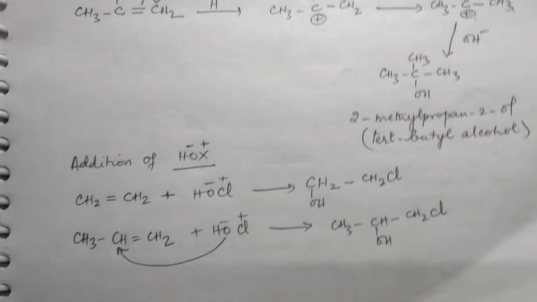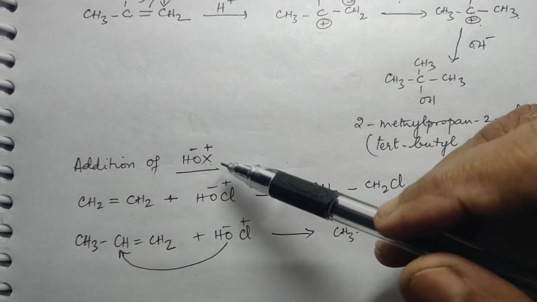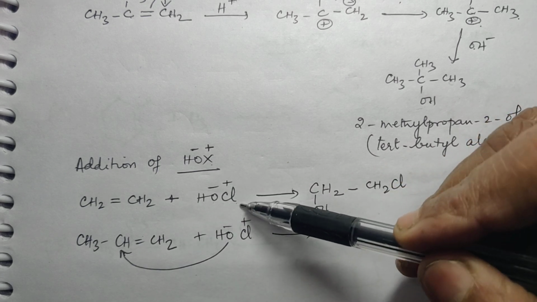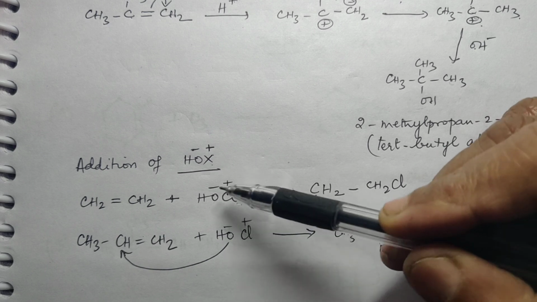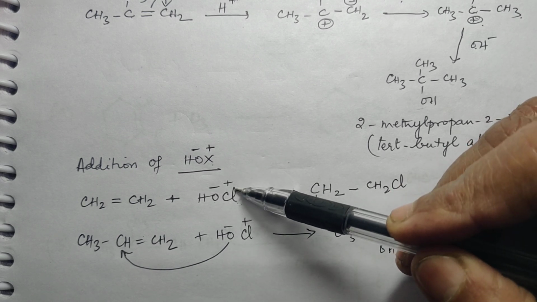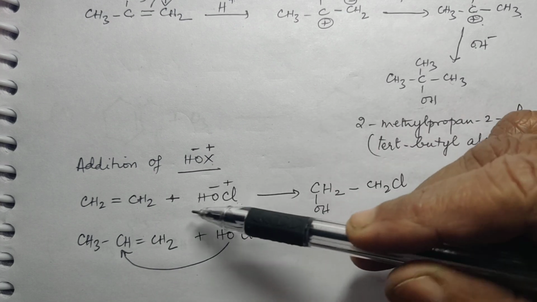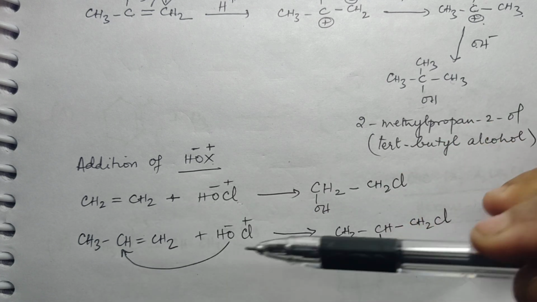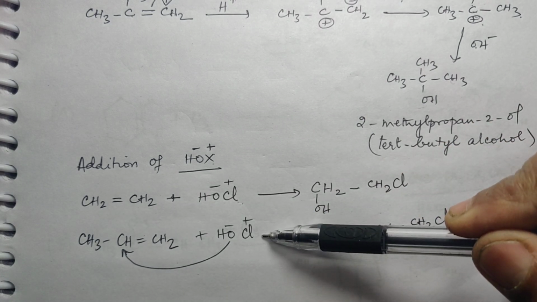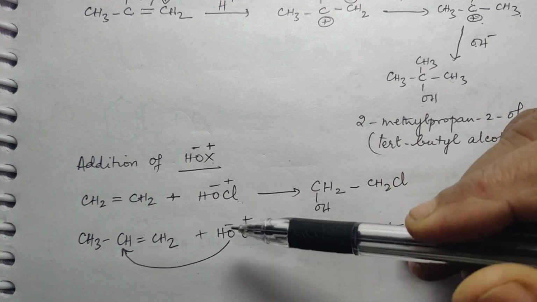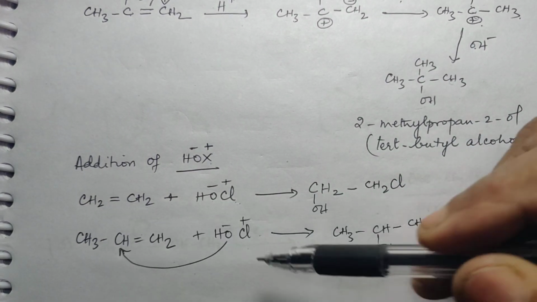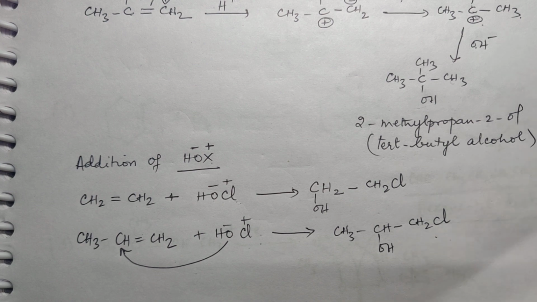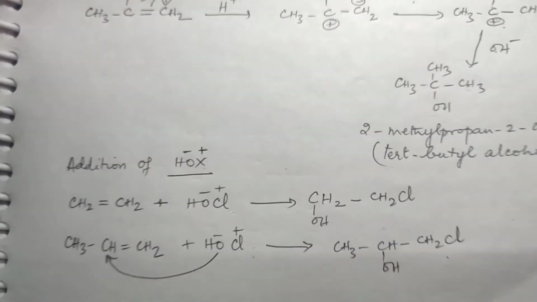Same way, addition of HOX, hypohalous acid you call it. Okay, this is OH minus and Cl plus. O is much more electronegative than Cl. That is why here the minus charge is there and the positive charge is there on Cl. So again the same way, when HOCl is added, one will go to one carbon, the other one will go to the other carbon. And if it is unsymmetrical, again Markovnikov's addition will come into play. Now the negative part of the added molecule will add on to that carbon having less hydrogen and the positive one will go to the carbon having more hydrogen. So you will get this as the product. Right? Okay.